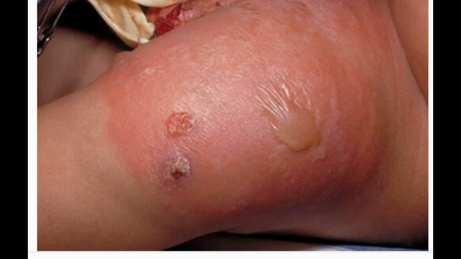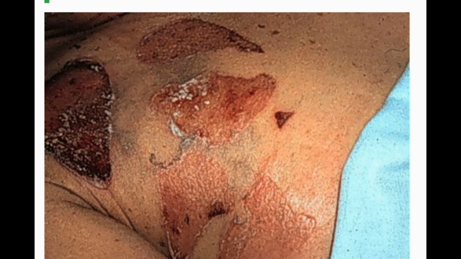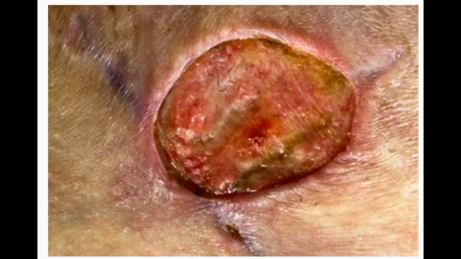Scalded skin syndrome. Skin infections with staph bacteria can cause a serious condition called scalded skin syndrome. This is seen more often in children, but can occur in adults as well. The infection causes a breakdown of the upper layers of the skin, which blisters and sloughs off, just like a severe burn. When the infection covers a large surface area of the body, the result can be fatal. Scalded skin syndrome is treated with intravenous antibiotics and fluids to prevent dehydration.